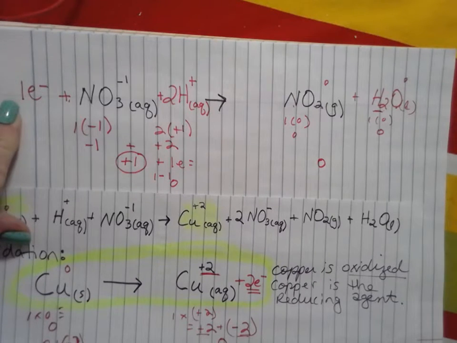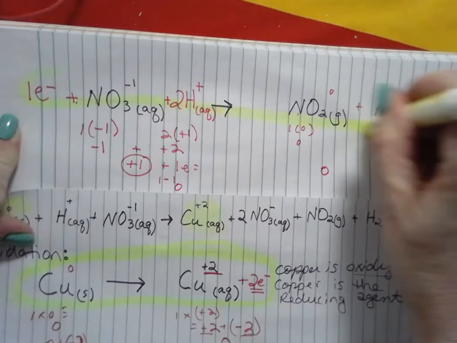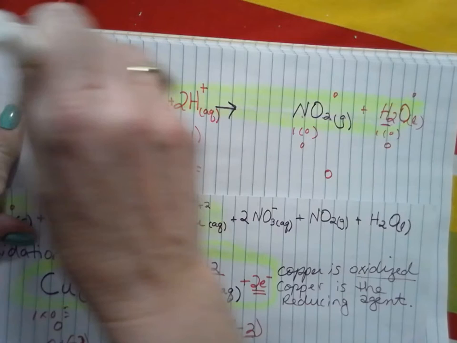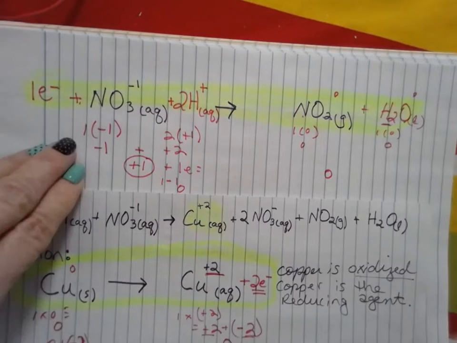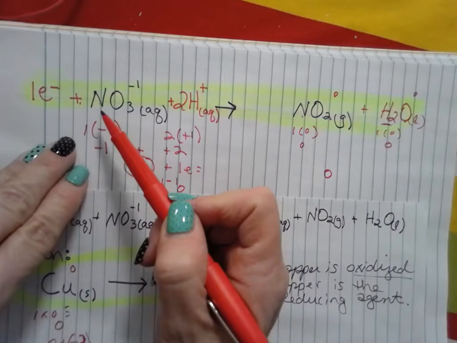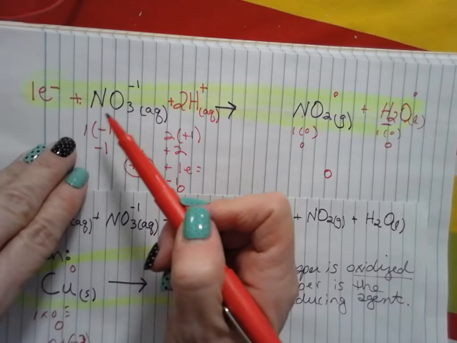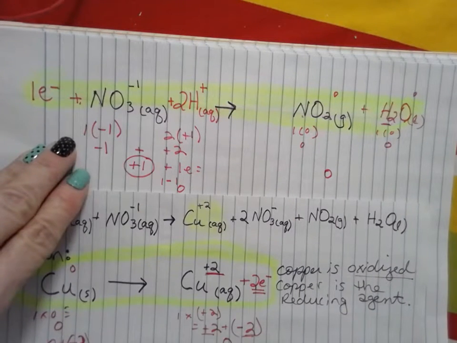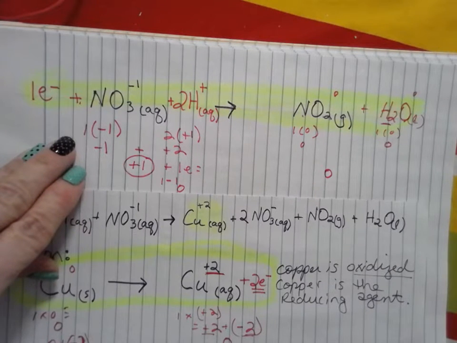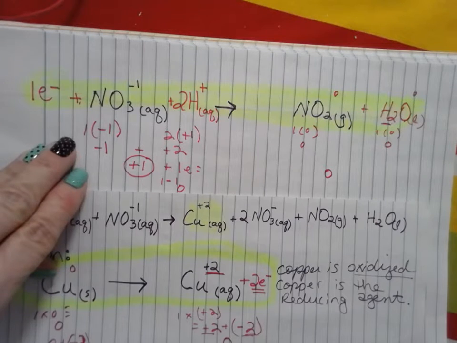So this one is my reduction half reaction. That means that this nitrogen in my nitrate ion is reduced, and because this nitrogen is reduced, it is called the oxidizing agent because it causes something else to be oxidized. Okay,